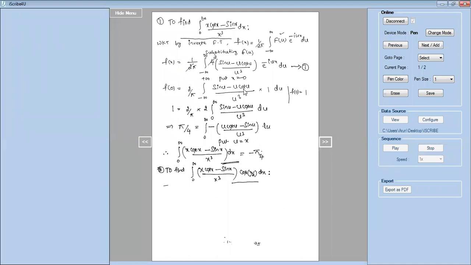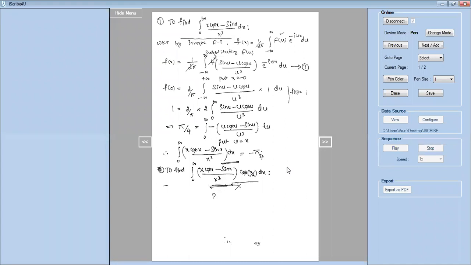The term 1 by 4 or 1 by 2, you have to take as a substitution for x. I mean, let us put x is equal to 1 by 2 here. So put x is equal to 1 by 2 in equation 1.